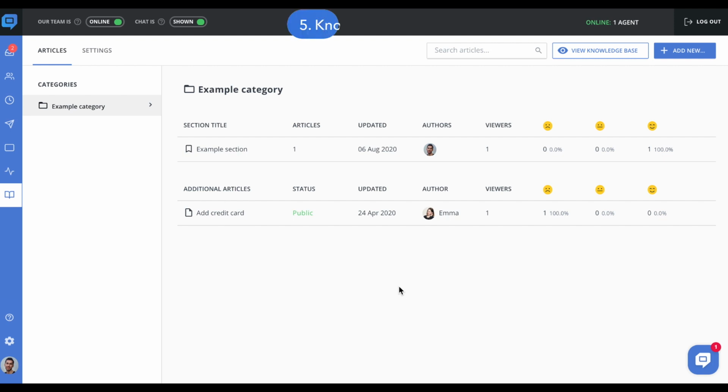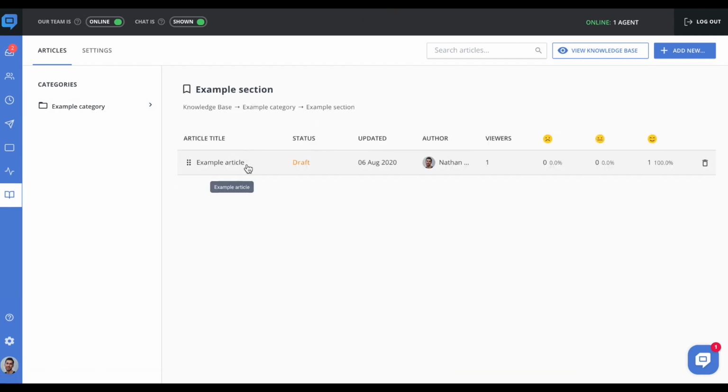With the knowledge base, your customers can find instant answers to their questions on their own. You can turn your knowledge base on and start creating help articles aimed at answering the most common customer questions, walking them through key product features, and so on. To give you an idea of what your knowledge base articles will look like, let's check out a draft that